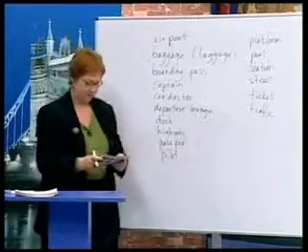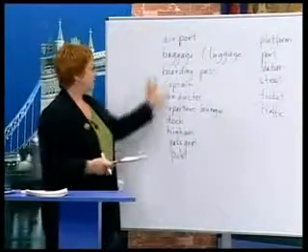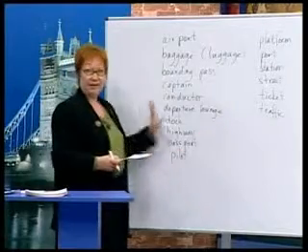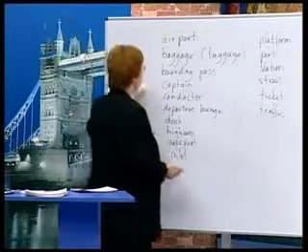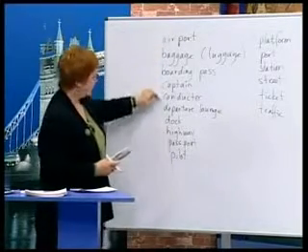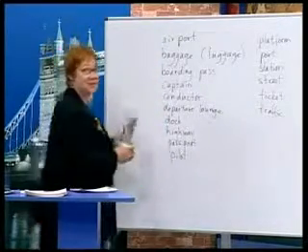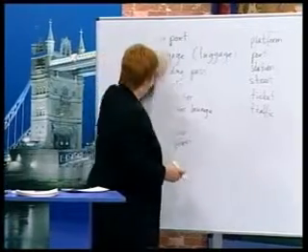Okay? Now, we're going to put these words into categories, into groups. Notice these are in alphabetical order. Now, we're going to put them into logical groups. And we'll start with